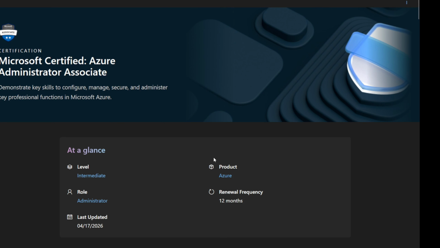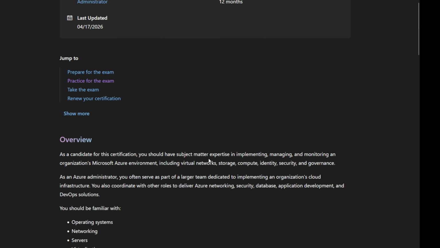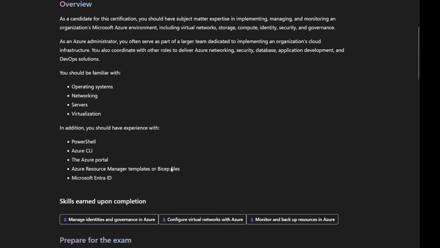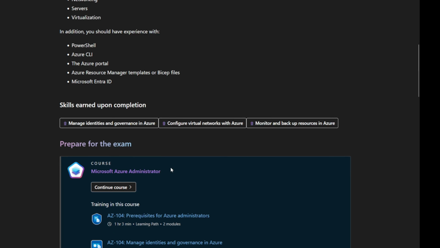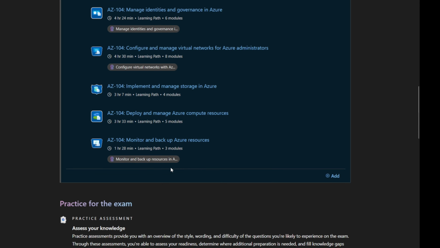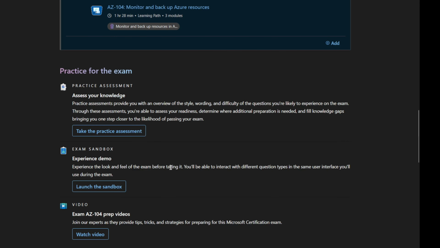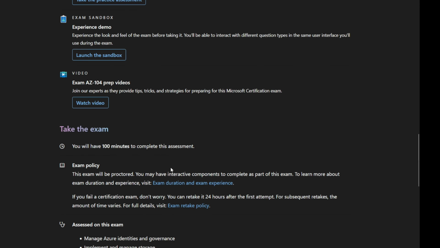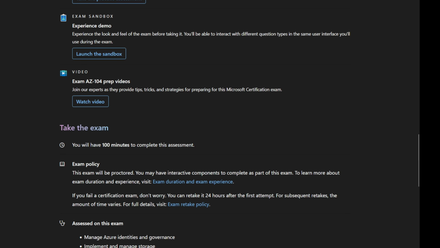The reason AZ-104 catches so many people out is that it sits in an awkward place, right? It's not the fundamentals exam, so you can't just rely on broad product awareness and basic definitions. But it's also not purely an architect exam where everything is highly conceptual. It lives in that middle ground where you need to know enough detail to understand how Azure behaves operationally, while also being able to reason through real scenarios. That's what makes it uncomfortable for a lot of people.